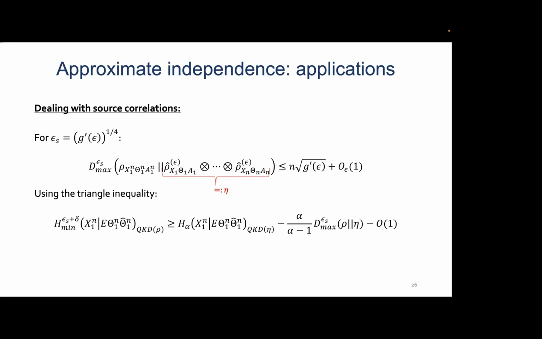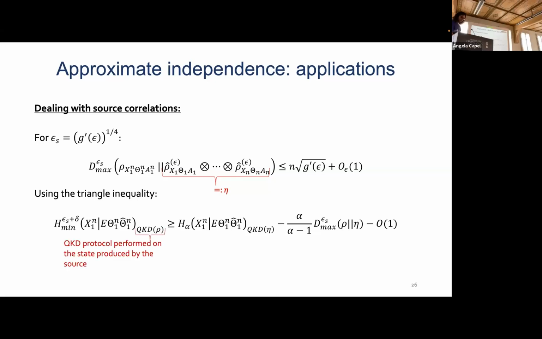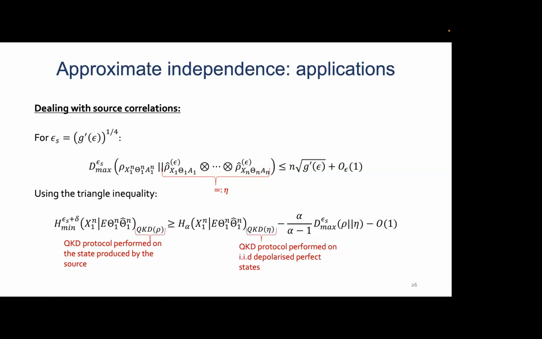Now, the state in the second argument over here is just a tensor product of almost perfect states. The epsilon over here represents the fact that you need to add some sort of noise to the A registers so that the divergence doesn't become infinite. But the really interesting thing is what happens when you do the entropic triangle inequality on this. This first term over here is the smooth min entropy you need to bound in order to prove security for QKD. It's evaluated on the state produced by the QKD protocol being applied to the real state produced by the source. Whereas on the right-hand side, we have the same alpha Rényi entropy, but now evaluated on a state which